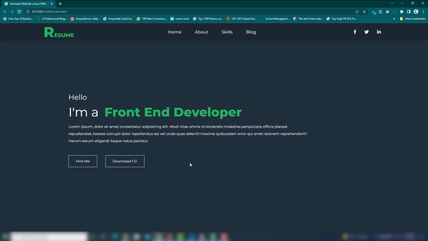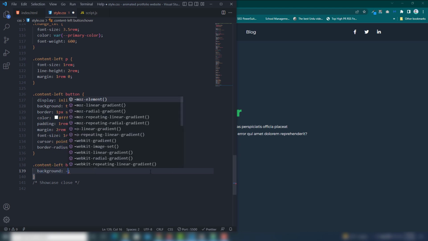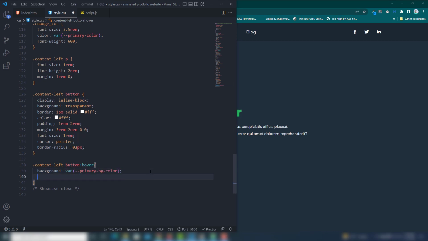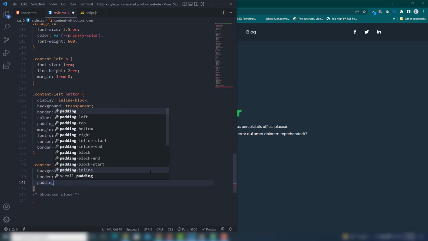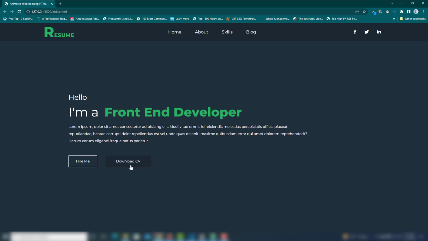Then we need to assign the hover effect on there, so I need to copy it, paste it there, and call the hover effect. In the hover effect, I call the background color will be primary color, and border I'm going to use none. Also I'm going to use the padding top and bottom 1 rem same, and left and right 3 rem to make a cool effect, right?